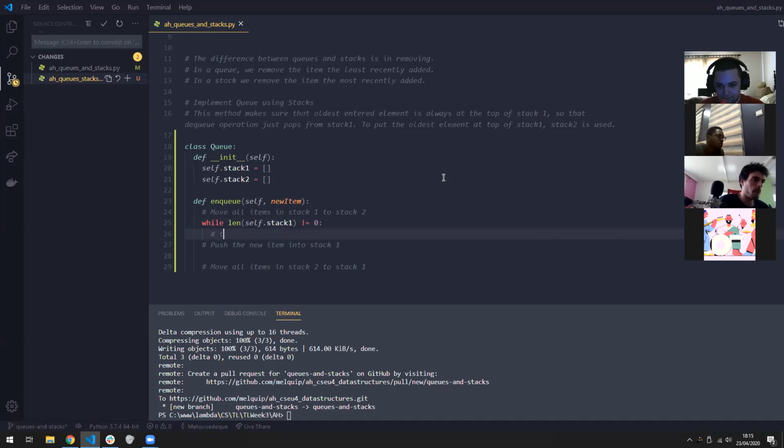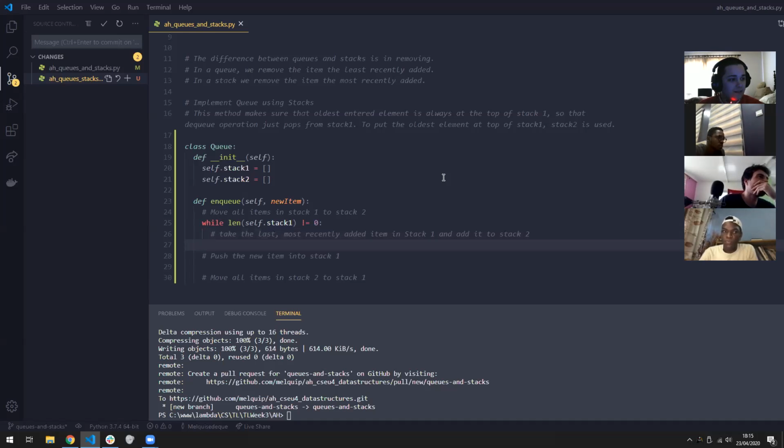So take the most recently added item in stack 1 and add it to stack 2, and that could be done using